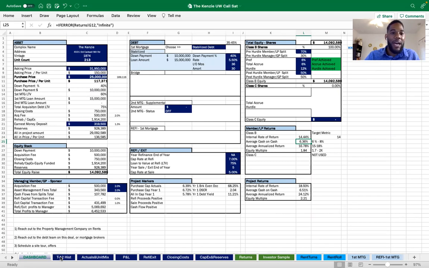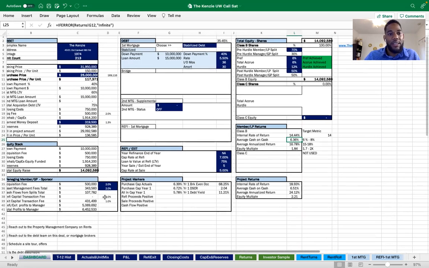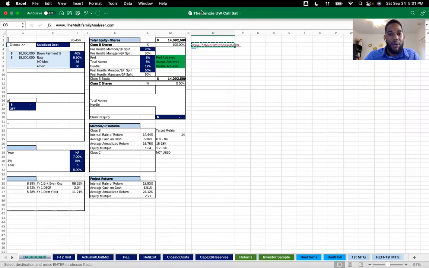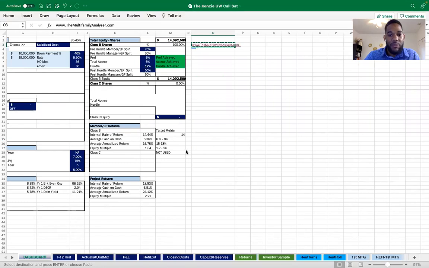But I hope you guys enjoyed, at the very least, that we got a chance to see a different type of underwriting tool. This one is called Synthesis. I really like it. It's not too complex to use. I'll go ahead and throw it in the chat right here for anyone that's interested in checking it out. It's about $150, I think. So definitely check that out.